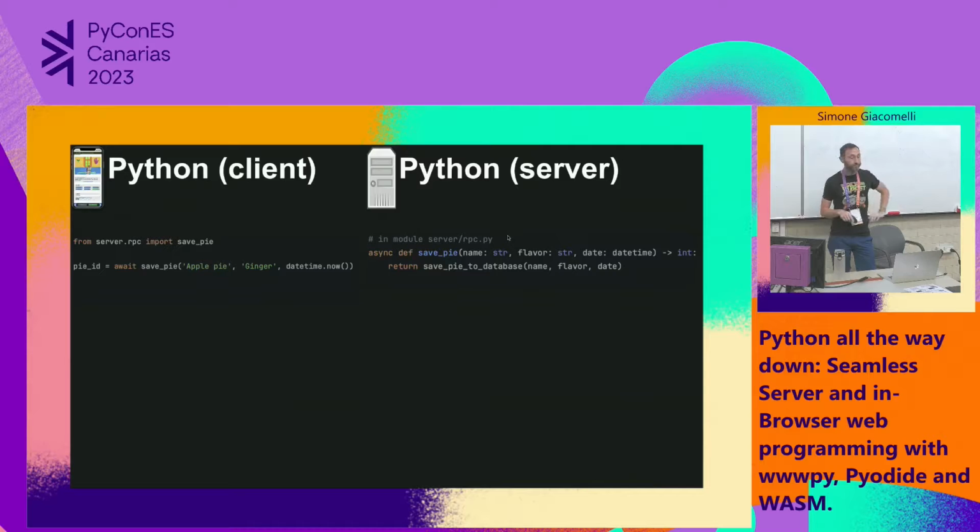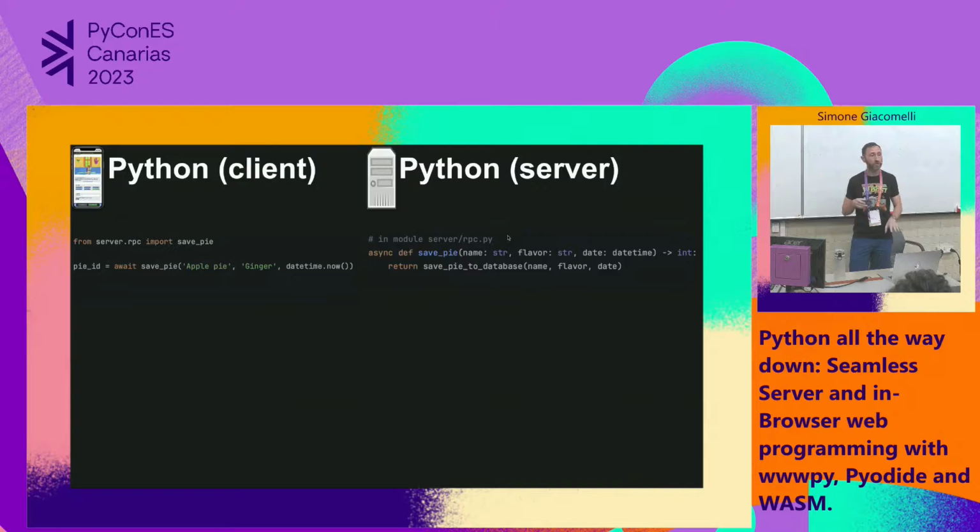Spoiler alert, we will put Python on the browser. Wouldn't it be awesome to be able to invoke the function like that? Like that, it's a little bit small, but it means it's like a local invocation. There is no, on the right, there is on some waste. It could be refactored now, but